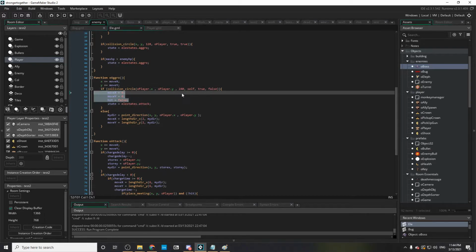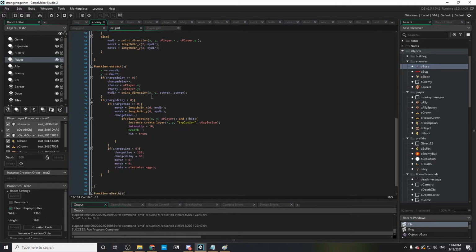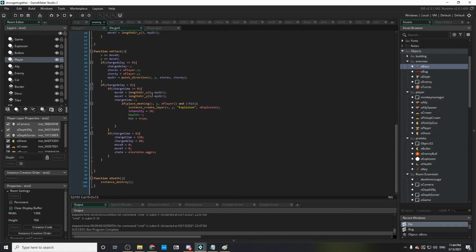And all this gets set. Otherwise, he's moving towards the player to get in range of the player. Now, he's talking. Hi, Atticus. Anyway. Meow. Anyway, so he's what I would consider a charge character. He waits a certain amount of time and then charges at you. So charge delay is equivalent to shoot delay, but it's much longer. So if charge time is greater than or equal to 0, when you're in range,